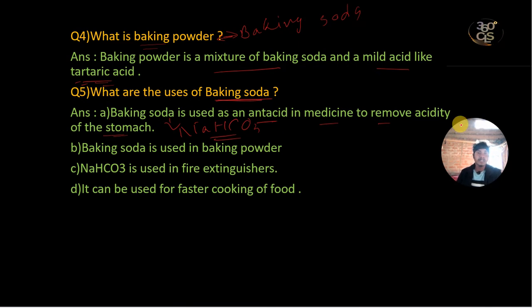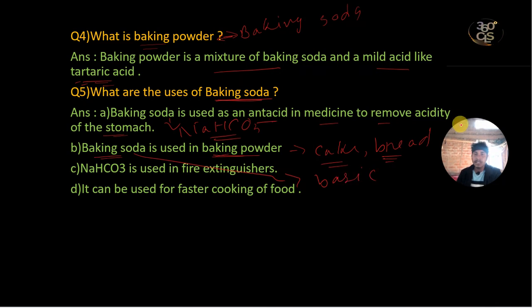The second one is, baking soda is used in baking powder. As we have already discussed, baking powder is a mixture of baking soda and mild acid. Now why can't we use baking soda for making cake, bread, etc.? हम baking soda को क्यों use नहीं करते हैं when we make cake and bread? Because baking soda, as you know, is basic in nature,